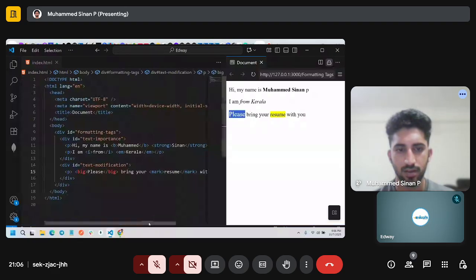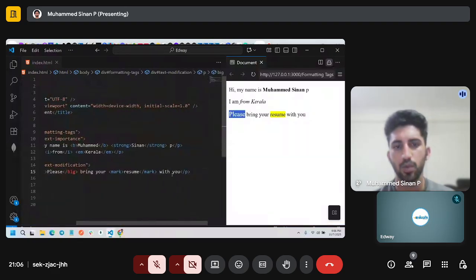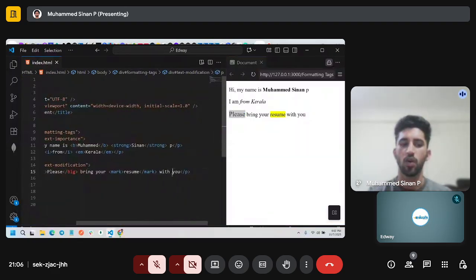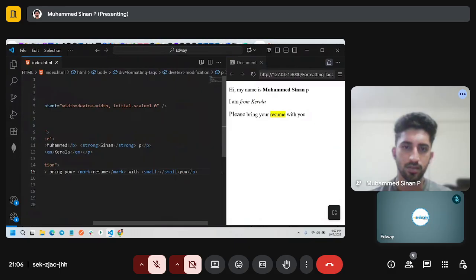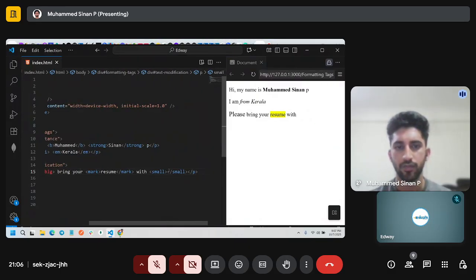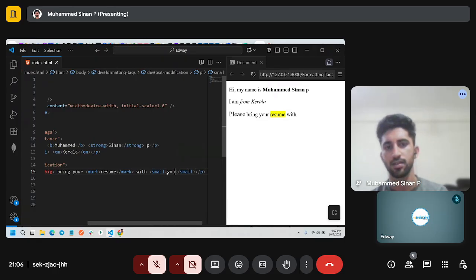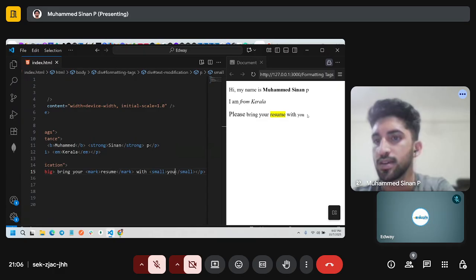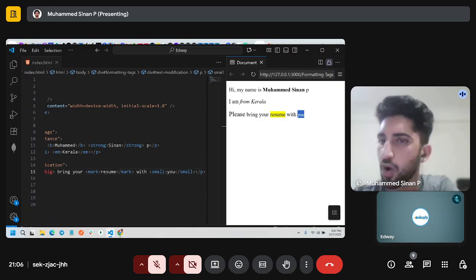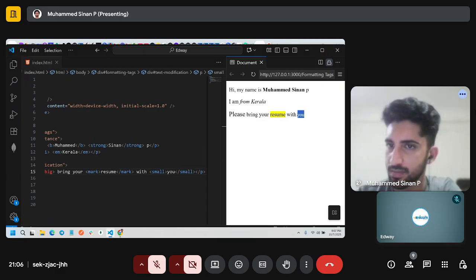And imagine I want to make this word smaller. Use the small tag, and we put that inside. As you can see, this word becomes comparatively smaller, right?